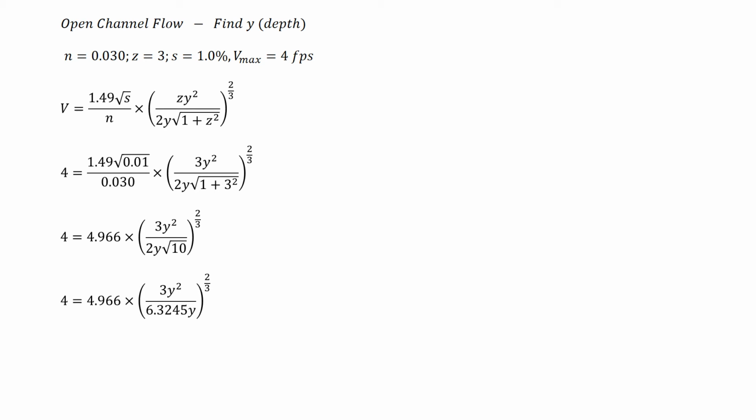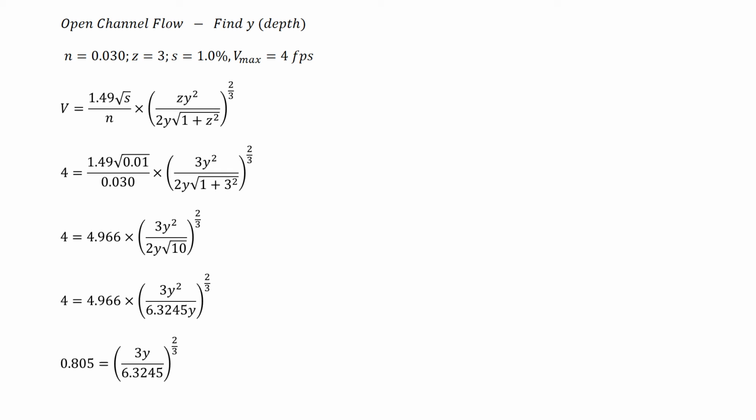Next, we can simplify what's in the denominator of the fraction on the right. So 4 equals 4.966 multiplied by 3 times y squared divided by 6.3245 times y raised to the 2/3 power. We can divide each side by 4.966. So now on the left, we have 4 divided by 4.966 is 0.805 equals, and we can now